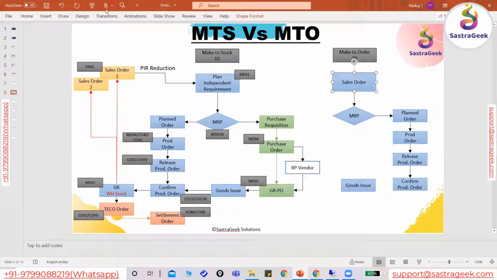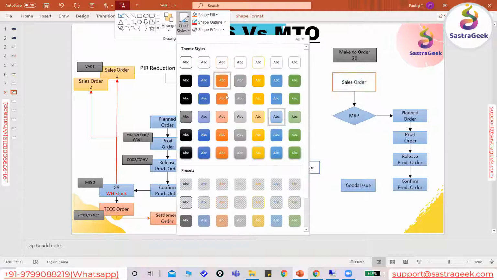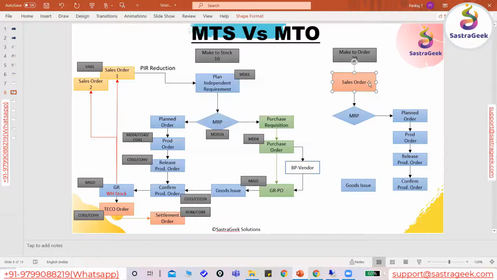Now this planned order will be with the reference of this sales order. So for the understanding purpose, if this is the sales order color, this planned order that I am creating will be with reference to the sales order. This production order will also be with reference to the sales order. Once I do the confirmation and goods receipt, that stock will be assigned to the sales order. Here we call it warehouse stock, but here the stock will be called sales order stock.